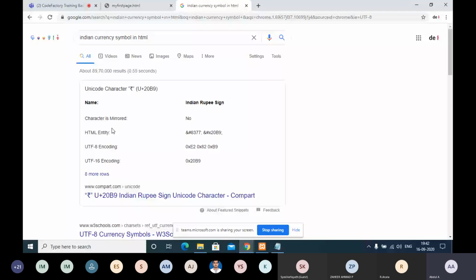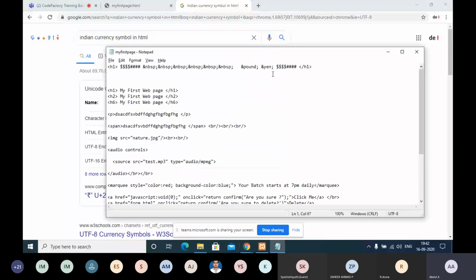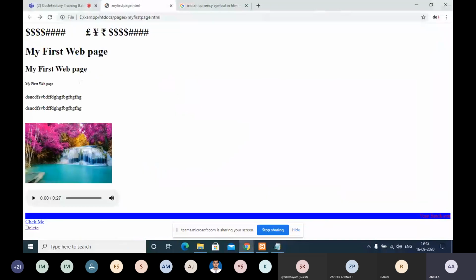In every language, whether it is a UTF code, a hexadecimal code, or a color code, there are entities we need to use to bring something. If I put this entity, definitely I will get the currency icon.